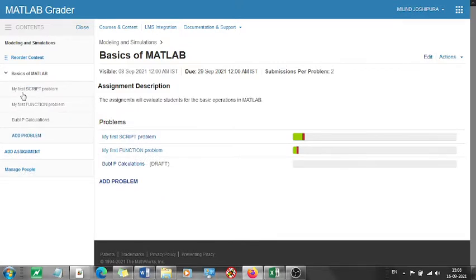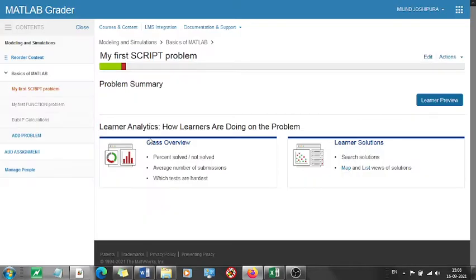These two are final assignments, and this one is in draft. I think you have already seen these two assignments, right? I'll show you how you are going to solve these problems and how you are going to submit them so that I can assess your progress in MATLAB. This is the instructor view, which you may not see in this form. When you enroll for the course, you will see it from a different perspective. I'll also show you the view from the learner's aspect.